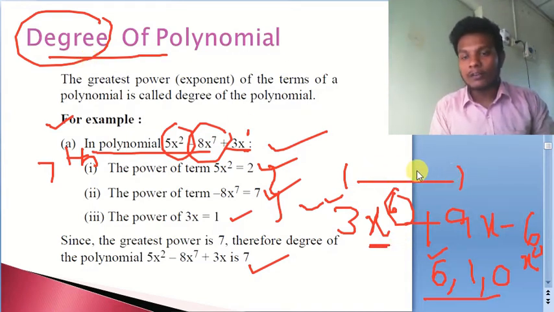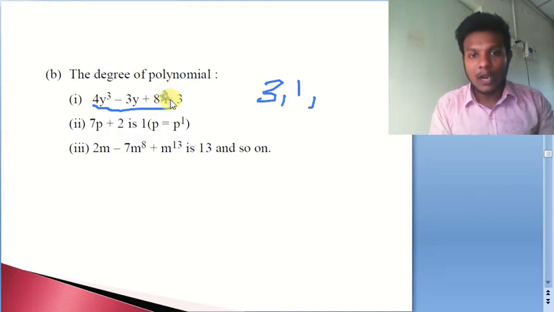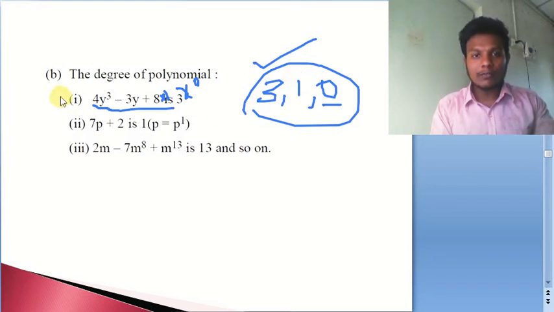Out of those exponents, whatever the highest value you find in the given polynomial is going to be our degree of polynomial. Let us take a few more examples. See here, in the first one, 4y cube minus 3y plus 8. Here y power 3 is there, so write the exponent 3 aside, and here y power 1 is there, 1, and here a constant is there. For a constant, always remember, we can write it as 1, and that 1 can be written as x power 0, otherwise we can just neglect it also. Out of these three values, 3 is the largest, so it is going to be a third degree polynomial, or we can say the degree of this polynomial is going to be 3.